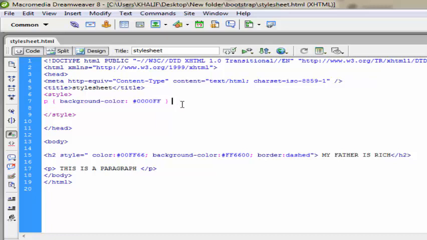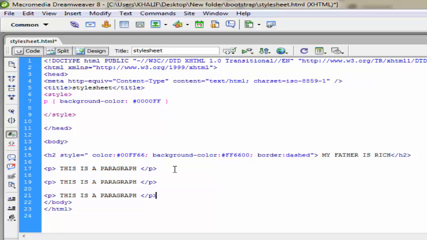Now the first point I brought out was that we can style so many paragraphs at a go. Let's bring out as many paragraphs as we can. This is a paragraph.